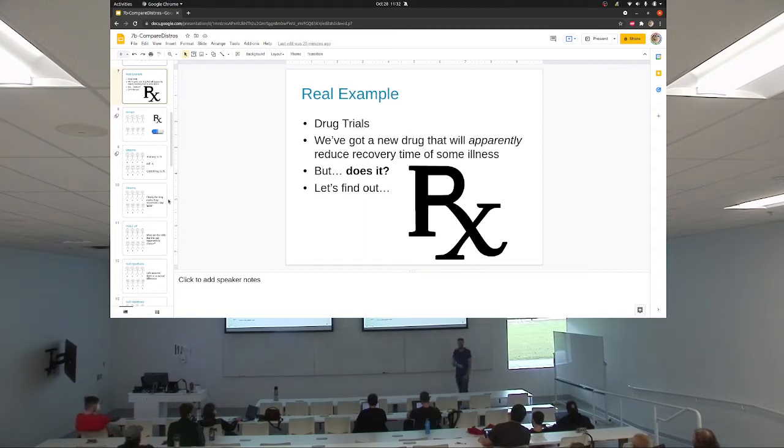Is there a difference? We can't just give one group the new drug and compare it to everybody else because there might be some other interesting effects. So we'll do a blind analysis of this where people sign up and we randomly assign them, okay, here, take this pill. It's a placebo, but they don't know that. And you take this pill. It's a real one. Placebo, real. You don't know what you're getting. So for all you know, maybe it's a placebo, maybe it's not. So that eliminates any